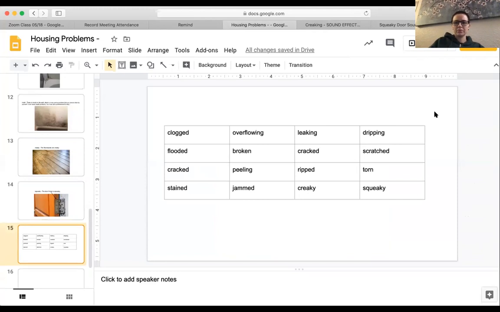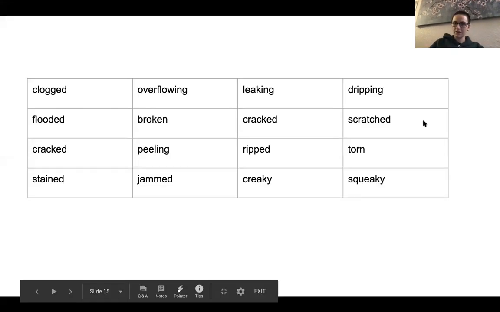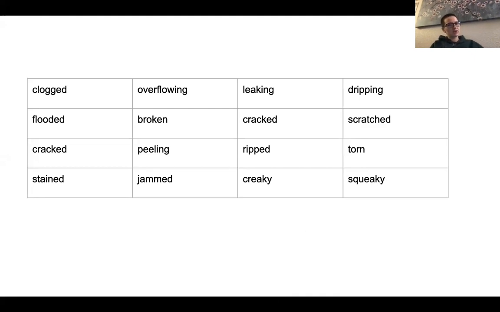So I do have one more slide. I'm actually going to use this for the activity, but I thought it would be great just to go through and just say some of these problem words. I don't have the words mold or mildew on here, but I think we've heard them a few times. So if you want to say those with me now, we can say those, and then we will say these other ones. So mold,